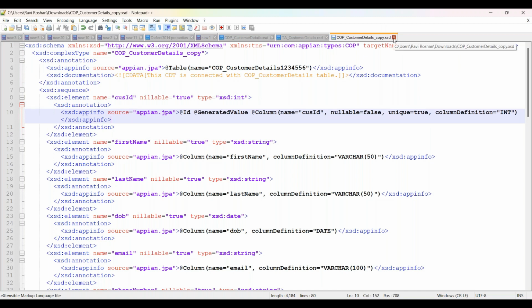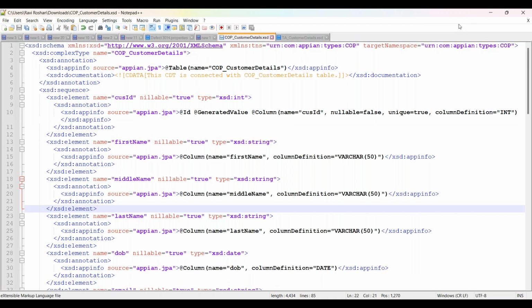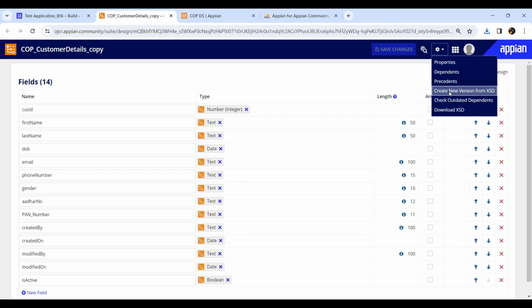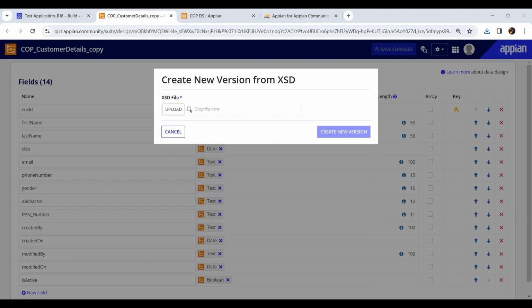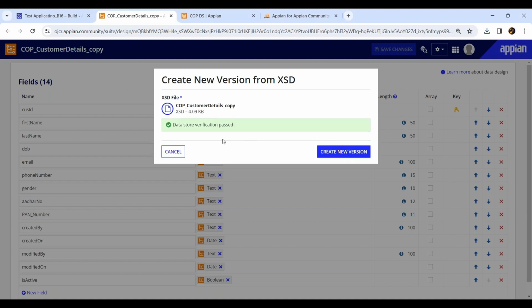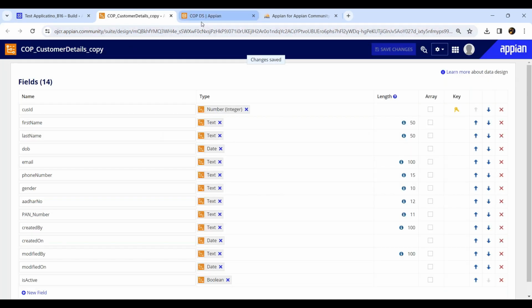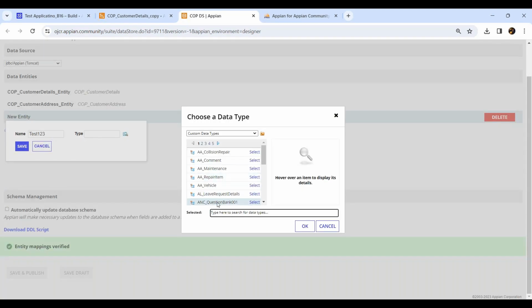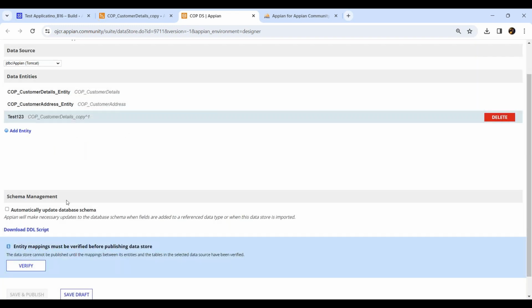Okay, now I'll go to my Appian, and then I'll try to recreate the CDT. So this is the copy, and then I'll go here and say create new version from the XSD file. Upload the copy one. Okay, I'll just say create new version. Okay, I just created a new version of the CDT. Now if I go here and try to add an entity, I'll give the name test123, and then for type, I'll select COP_customer_details, then click on OK and click on save. Now if I go and click on verify,